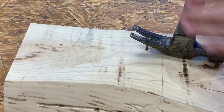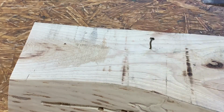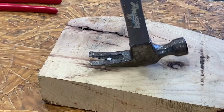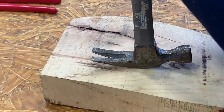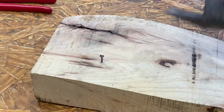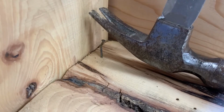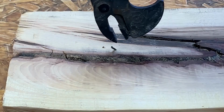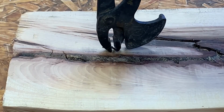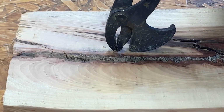Problem is, with a claw hammer, a lot of times you can't get the leverage you need to pull the nail. Have you ever been trying to pull a nail with a claw hammer and it bends the edges of the head of the nail up and then you can't grip it, or it just pulls the head right off the nail? Sometimes you're in tight quarters and you can't even get the claw hammer in there to get on the nail. So this tool solves all those problems by being able to get into tight quarters, gripping the nail